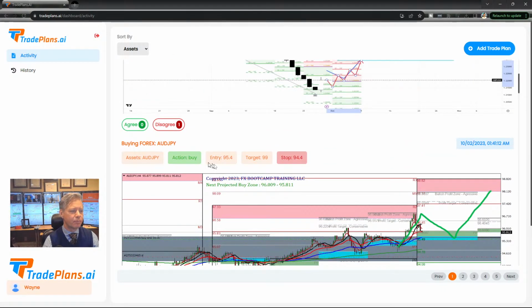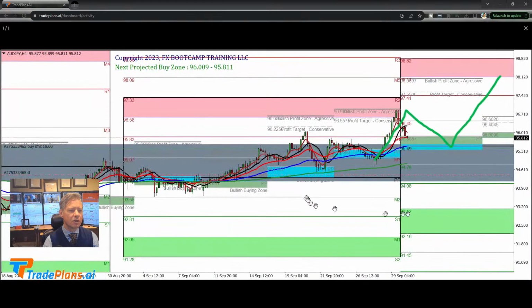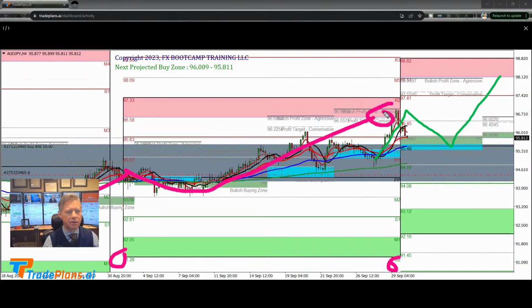Aussie yen buying. Okay, let's take a look. Buying of the Aussie yen. So we have, what is this? This goes back to September. Okay, September to September. So M2 to M4. So that's a perfect trade. So down to the central and then back up.